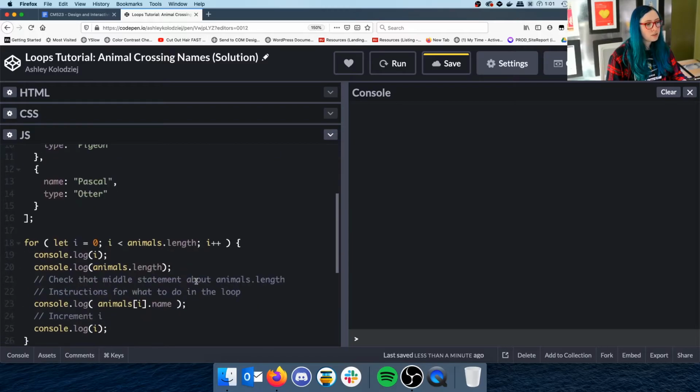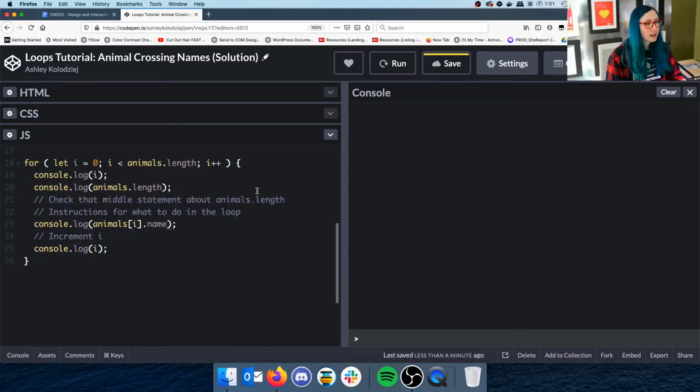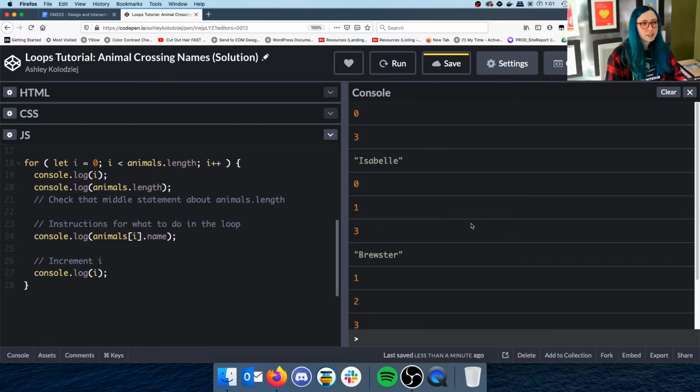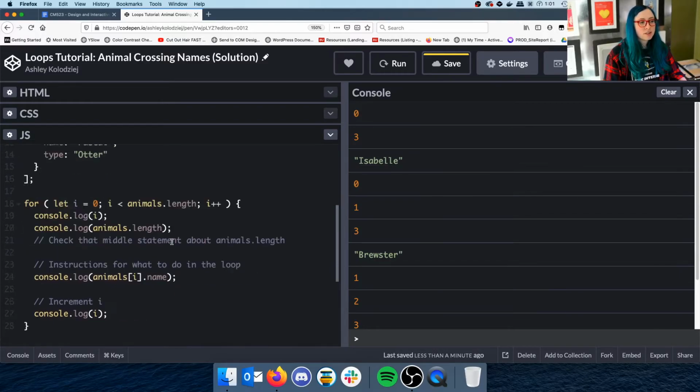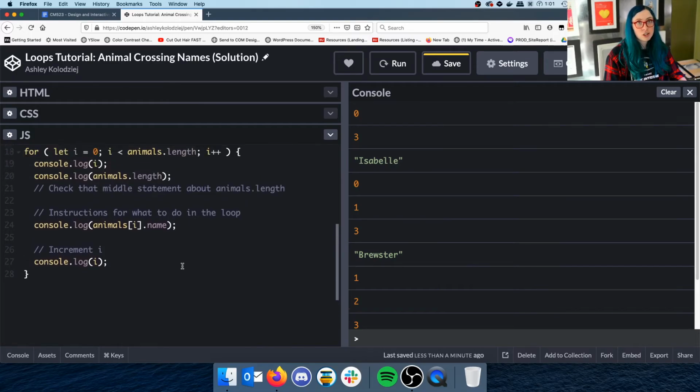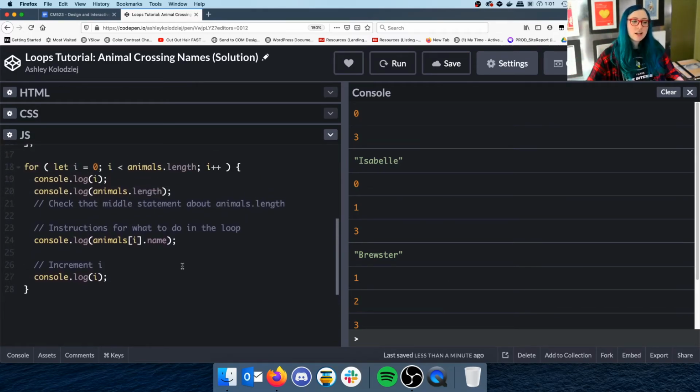Okay, so now that we can see this, let's actually try this statement out. Let's run this and see what happens. Okay, so we're running it, it's processing. There we go. And I was like, it didn't do anything. Nope, it did. All right, so let's read this through from line 19. We're console.logging i is 0 on the first run. That's really important to know. Remember, we haven't actually gone through an iteration yet. We haven't made a tally on the board.